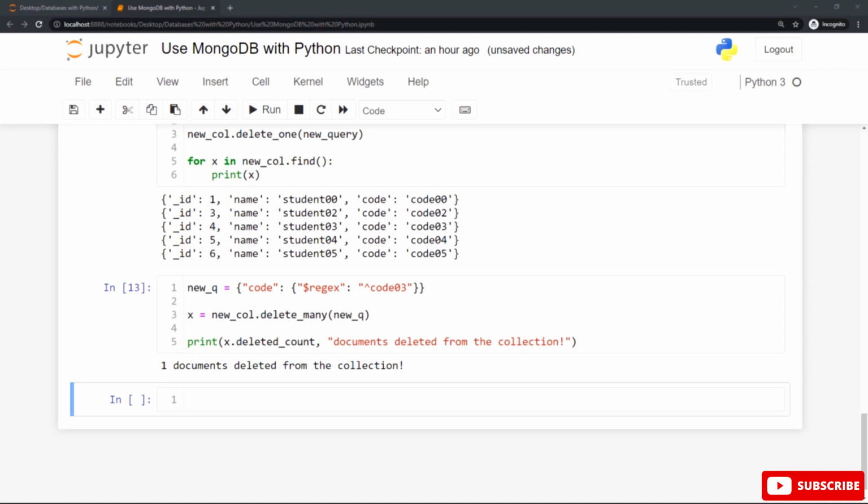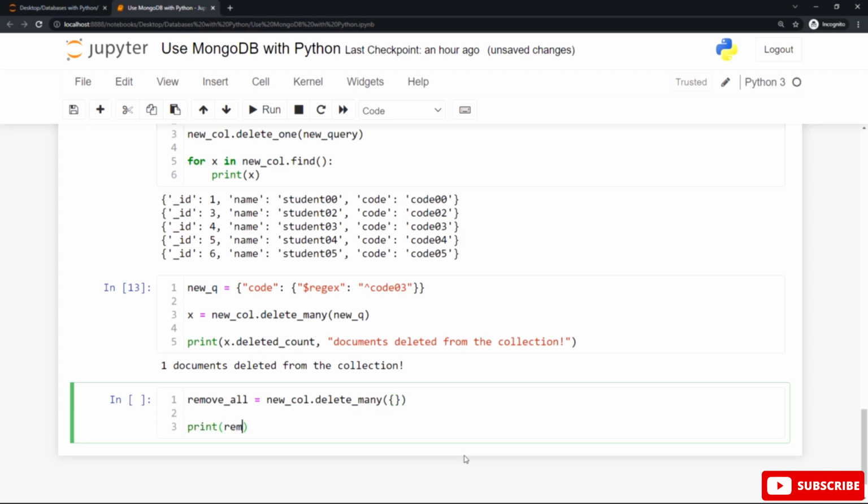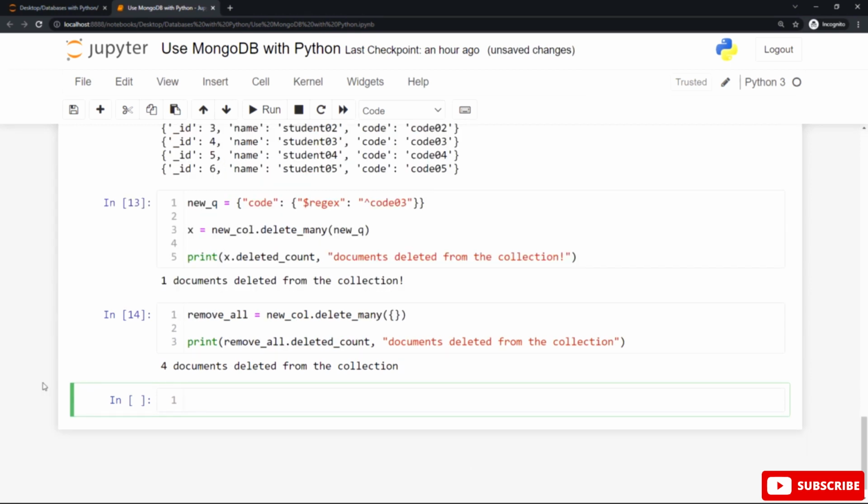And also, if you want to delete all documents in the new students collection, just pass an empty query object to the delete many method. Let me show you that. Use the delete many method with an empty query and assign this to a variable called remove all, and then use the deleted count property to display the number of records that are deleted from our database.